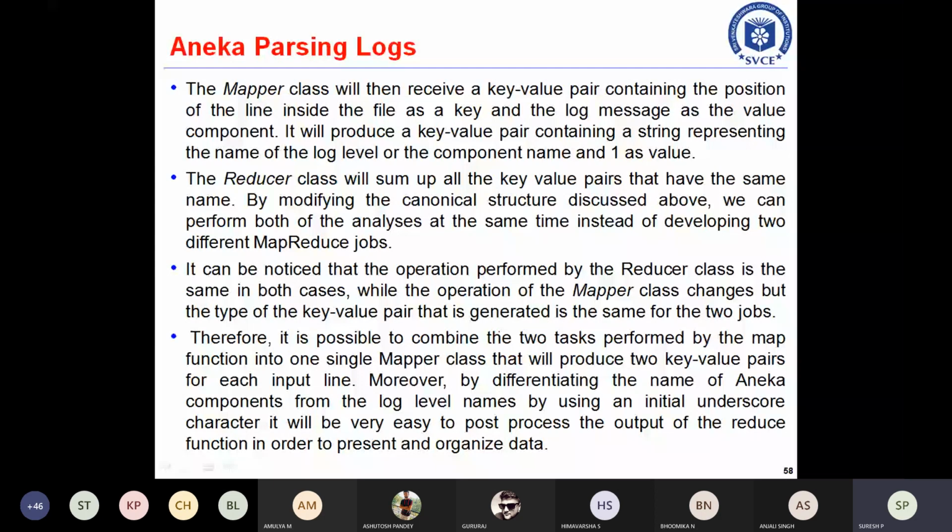So the MapReduce is actually a Google part. But whatever MapReduce we are going to discuss here, it is with respect to